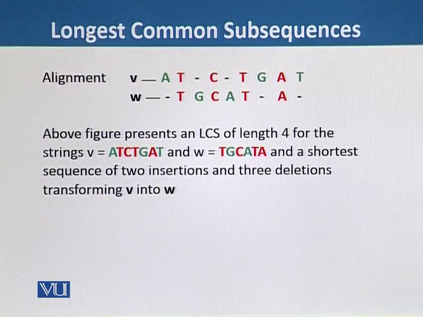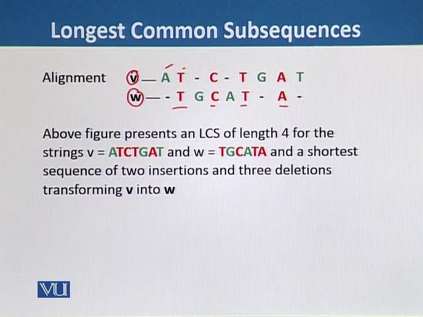Here we can see the two strings V and W, and their sequences. The red means that they are identical at these points, and green means that there is a missing alphabet during alignment. So the above figure represents that the longest common subsequence has length 4, because we have 4 identical nucleotides, so the length of the LCS is 4 for the strings